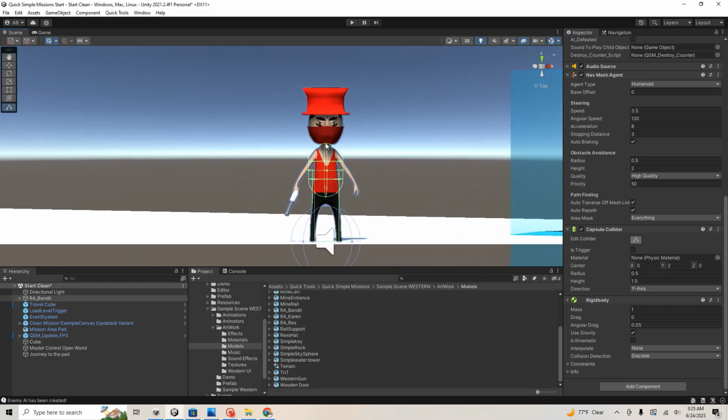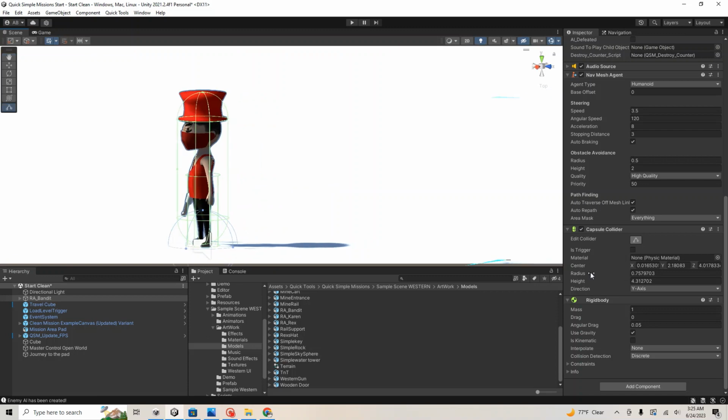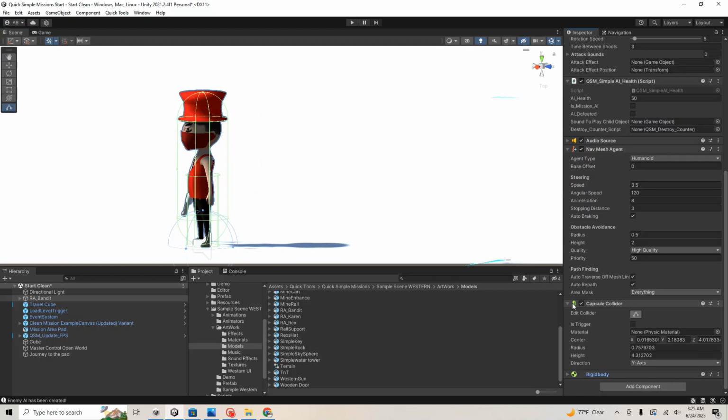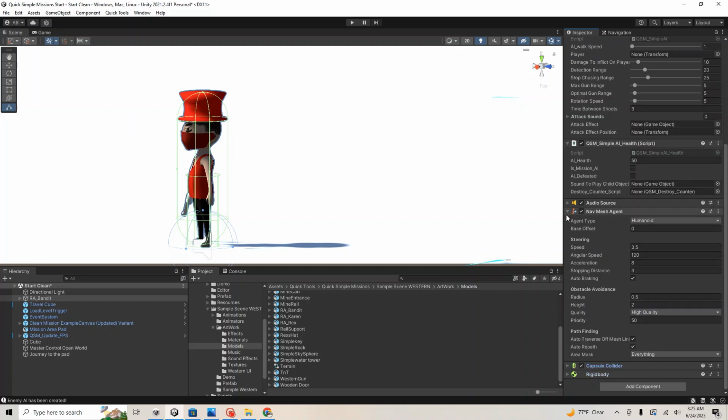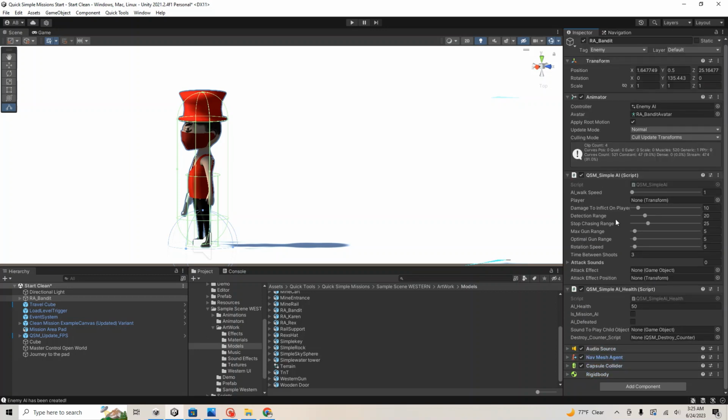So we're going to zoom in now and we're going to set the radius and the height. Right. That looks good. I like it. All right, that's it. So now I can collapse these down. All right. Collapsing all those down. Now we're going to go ahead and set up the transform